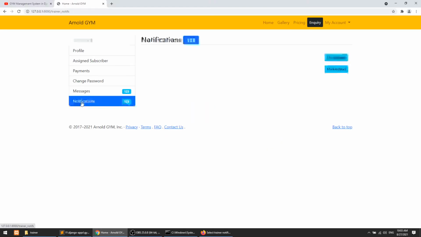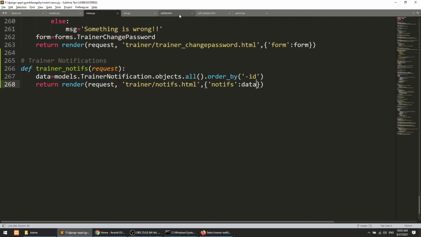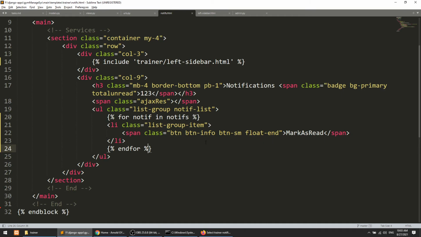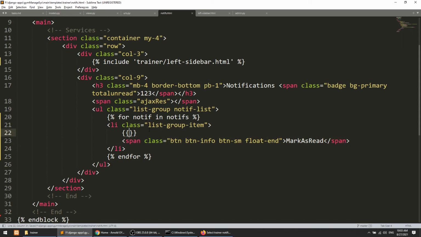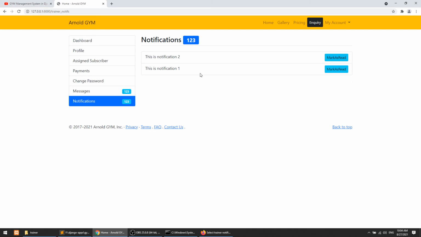When we click on this notification, we have two items but we are not showing anything, so let's show the message with notif message. This is notification 2, because we are ordering by descending, so it shows like this. And you can see that this is the active link.